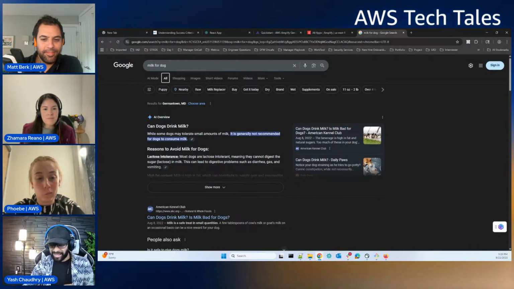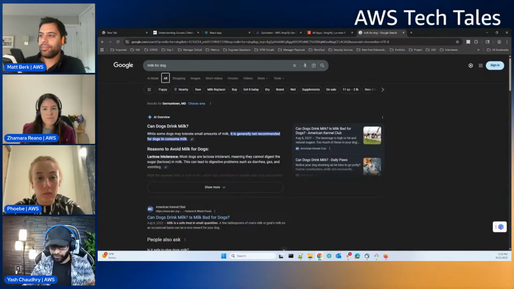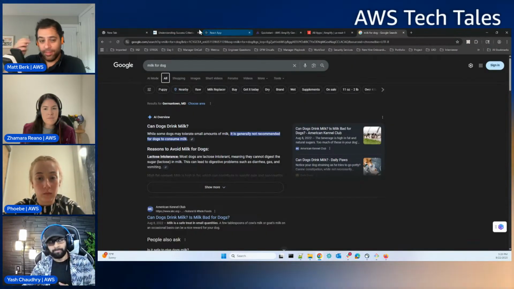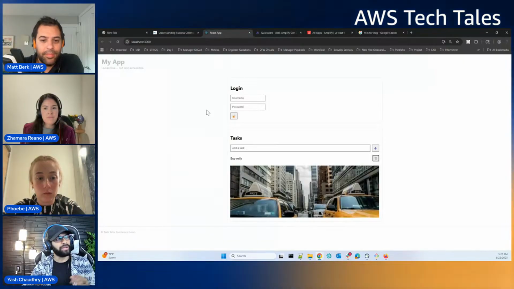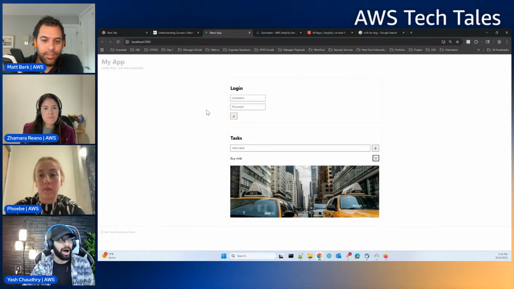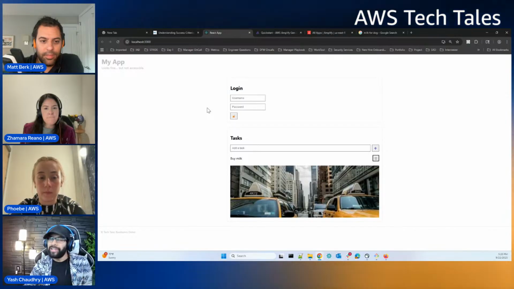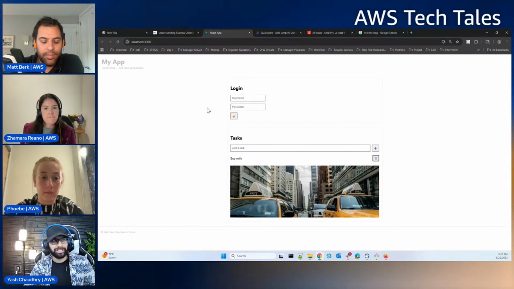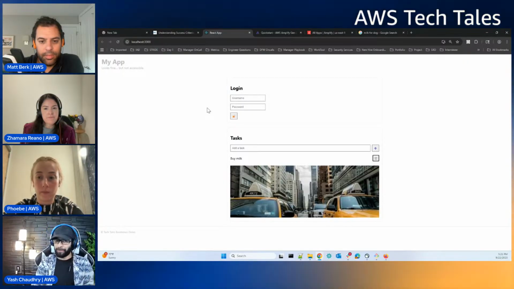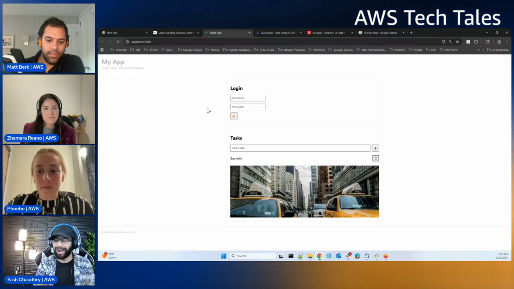Now, this is a very simple example with the dog food. What would I need to do if I wanted to change this app that I had right now? How would I make this more accessible? All we really have to do is in our CSS element, we just have to add the focus visibility in there. So I'm going to stop here for a second. Phoebe, do you want to do the honors and show the people how we can do that?